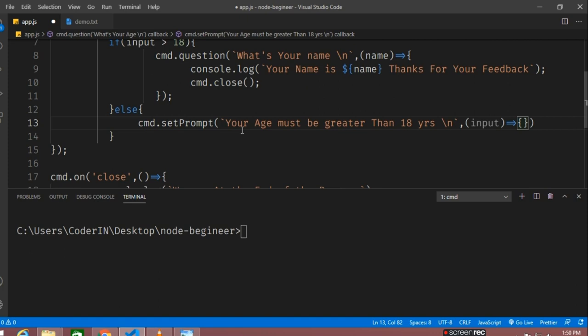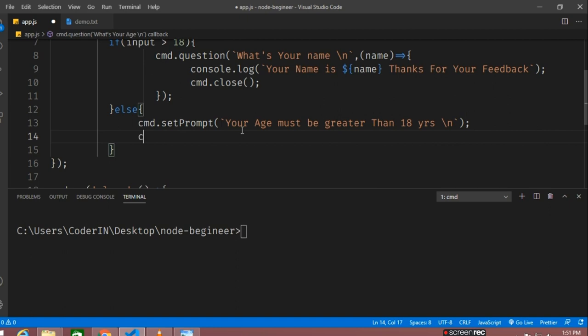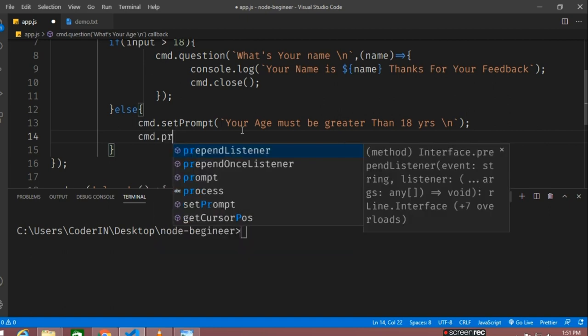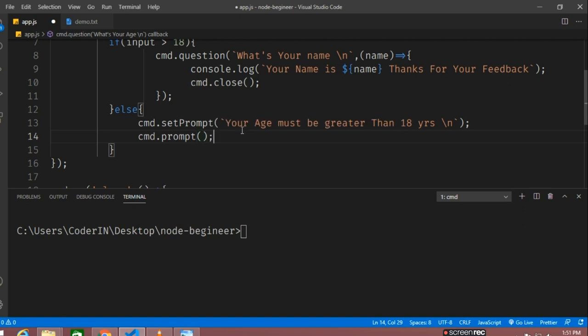Set prompt, it will not include any input callback function or input parameters because we are just prompting this thing. So, guys, I'll delete this thing because it will not include any callback function. Upon this, we'll be setting the prompt that it will prompt the user that your condition has not been satisfied. So this will be there, the prompt.